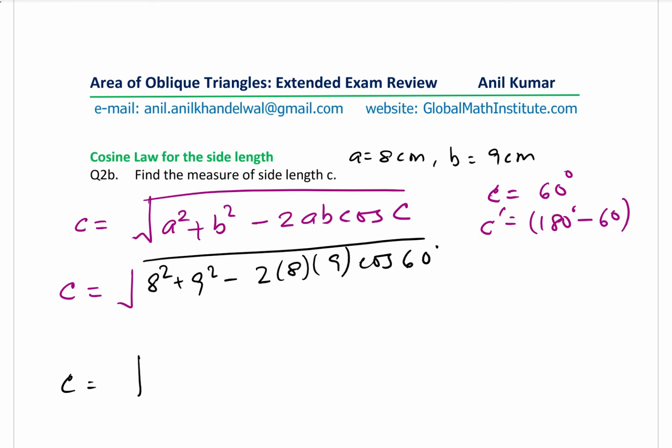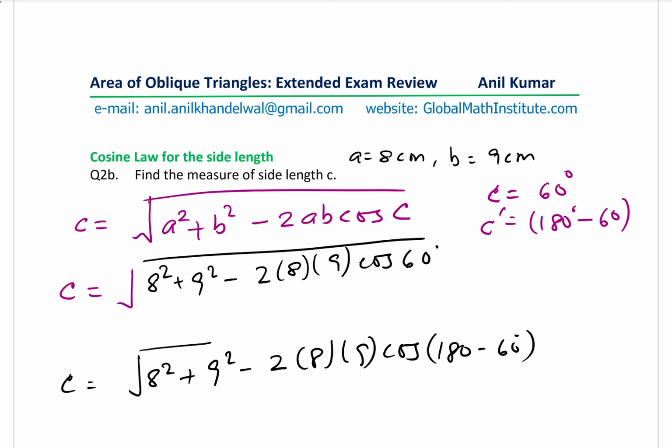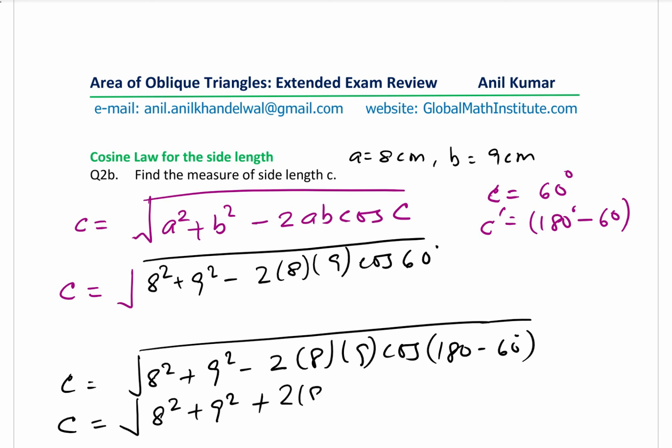And the other answer is 8 square plus 9 square minus 2 times 8 times 9 of cos of 180 minus 60 degrees. Does it make sense to you? Now that really makes this sign as positive, right? So I want to rewrite this since I want to emphasize a very particular point, and that is only the sign changes to find the angle combination with the side. And you could write this as cos of 60 degrees